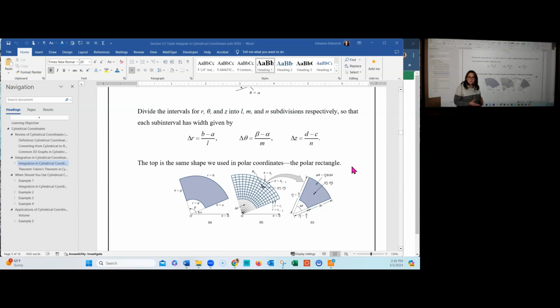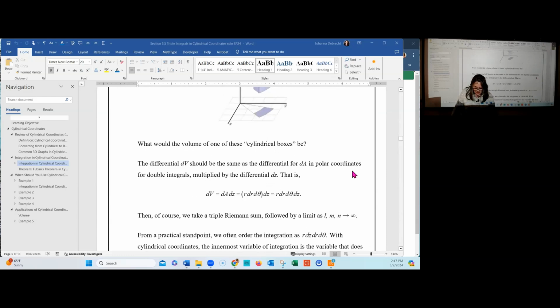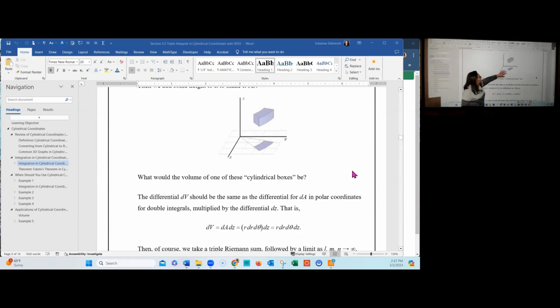Again, we don't have to take a regular partition, but we typically do, dividing the region from r equal a to r equal b into L subdivisions, and the region between theta equal alpha and theta equal beta into M subregions. And we slice it horizontally, parallel to the xy plane, from z equals c to z equals d using N subdivisions. When we're done, we're going to create the volume of these cylindrical boxes, which you can see one